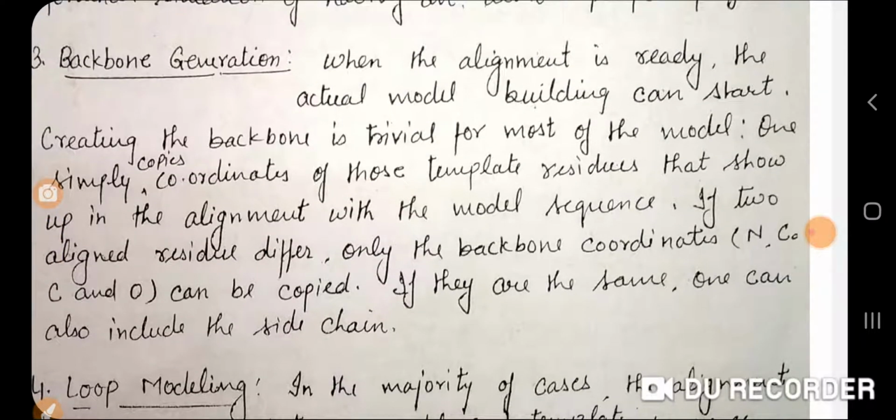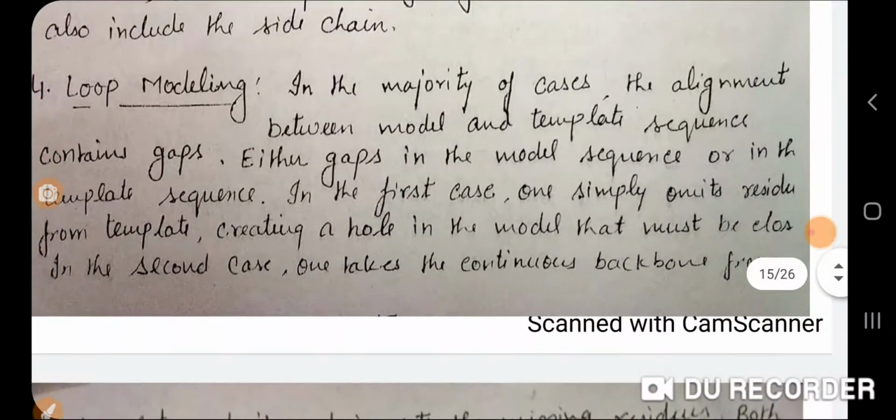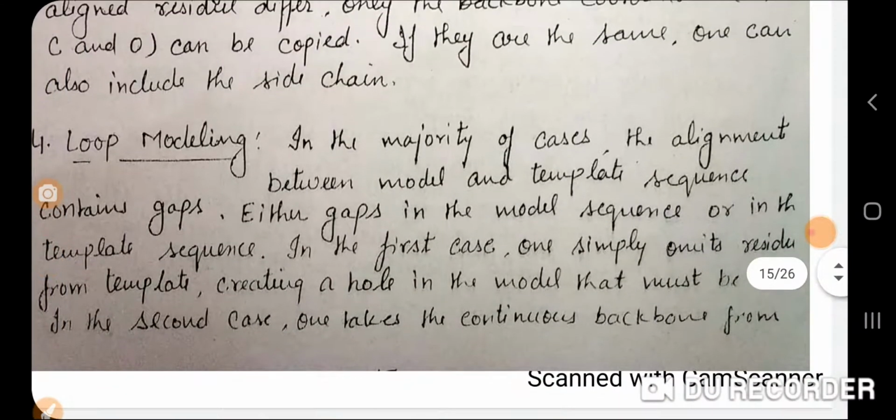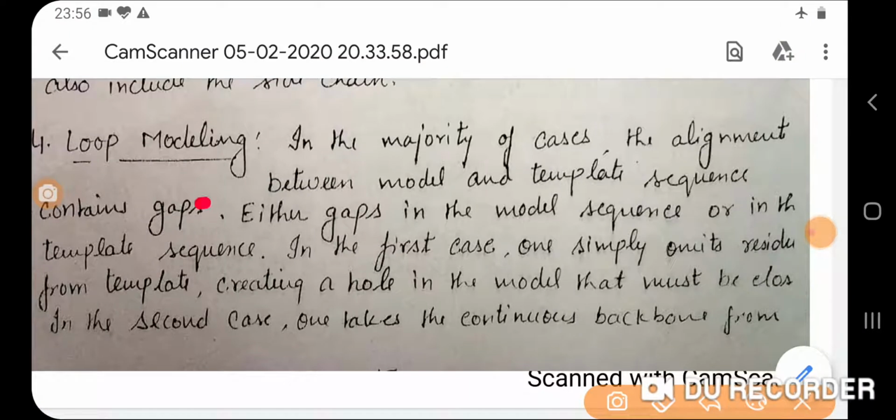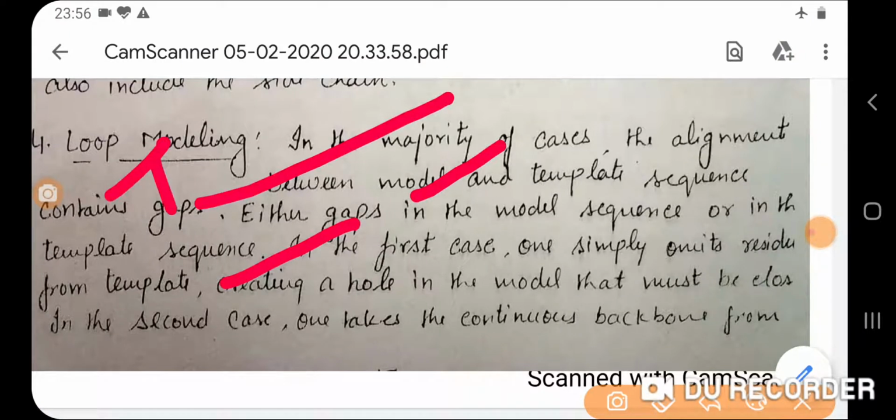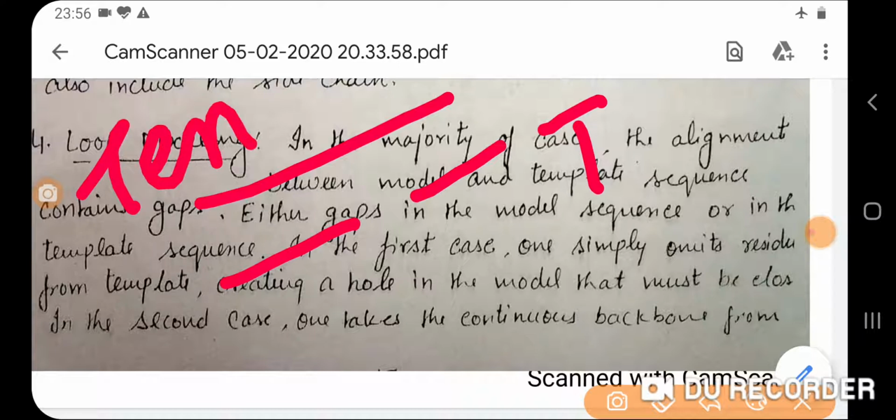Once the backbone is now ready, the next step is you will go for the loop modeling. Loop is what happens actually when you perform the alignment between the target and the template.